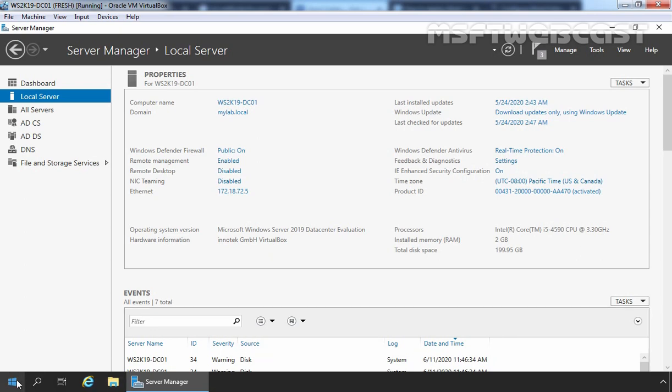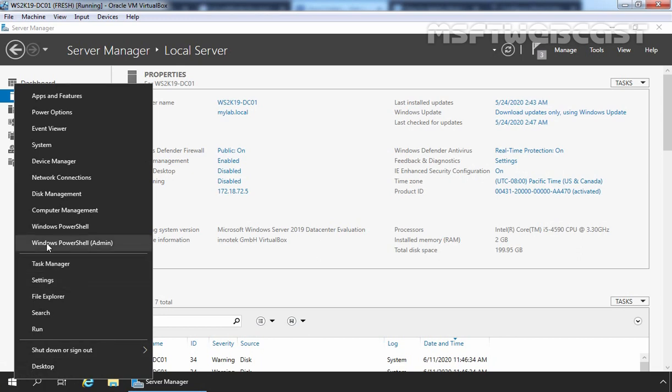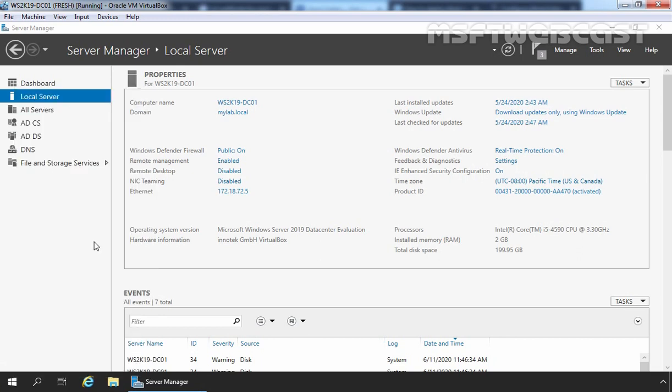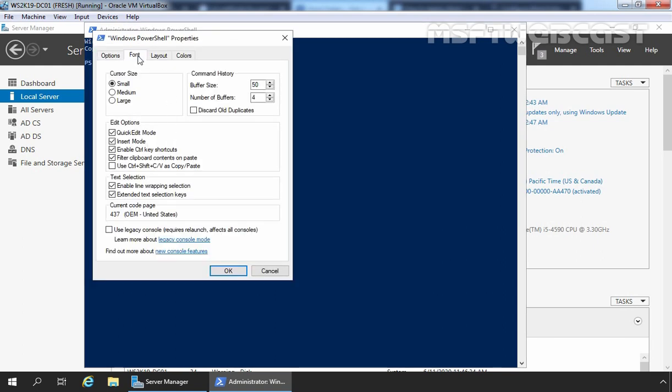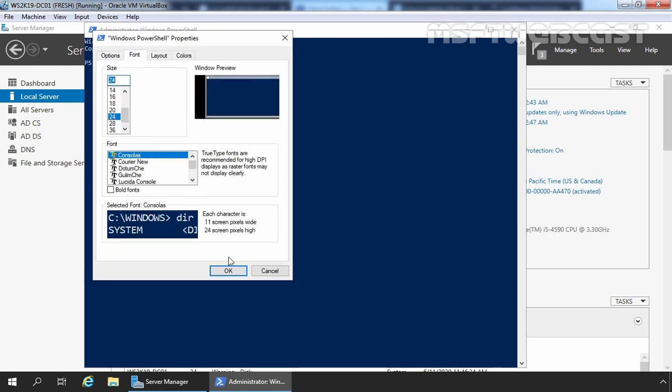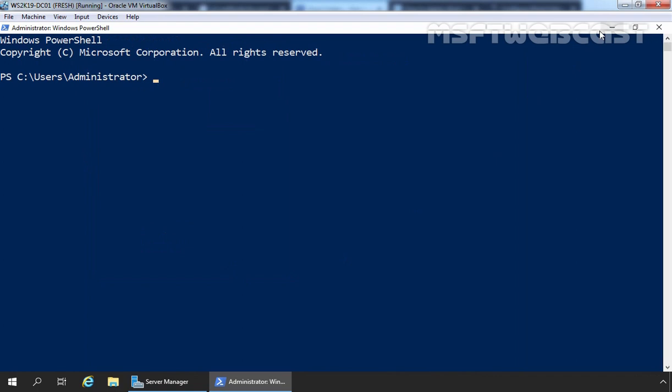For that, I'm going to right click on the Start button and select Windows PowerShell (Admin). Let's change the font size. At PowerShell, we need to use Install-WindowsFeature -Name Web-Mgmt-Console to install the Internet Information Services Manager console.